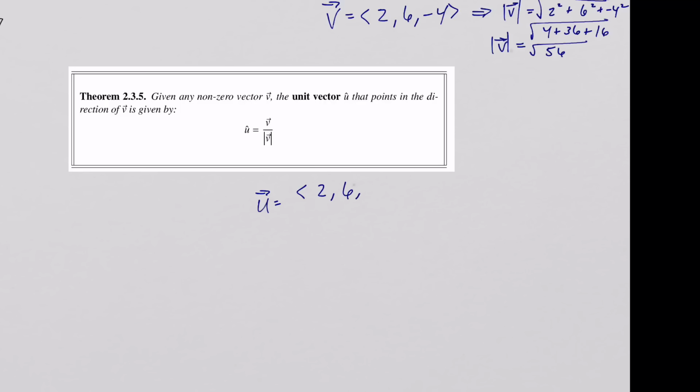2, 6, and negative 4 divided by the square root of 56. So we can't really divide vectors, but we can do scalar multiplication. We could rewrite this as 1 over the square root of 56 times 2, 6,